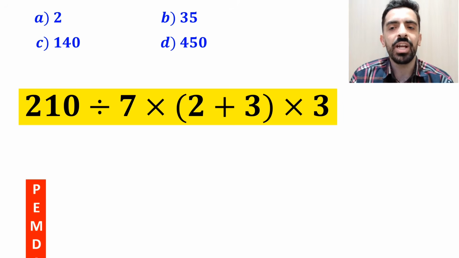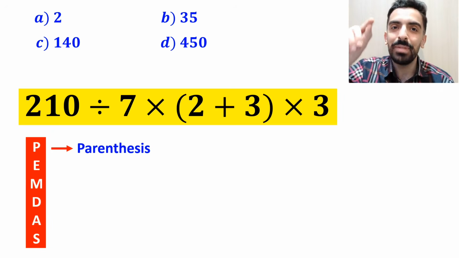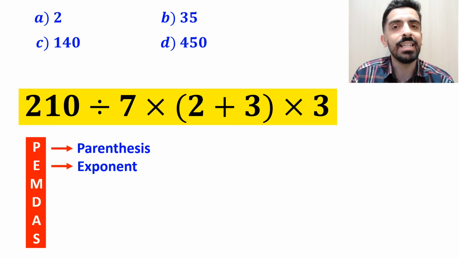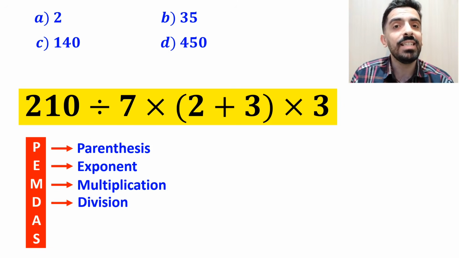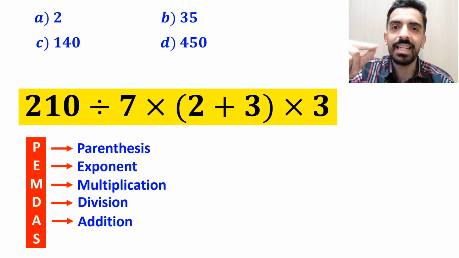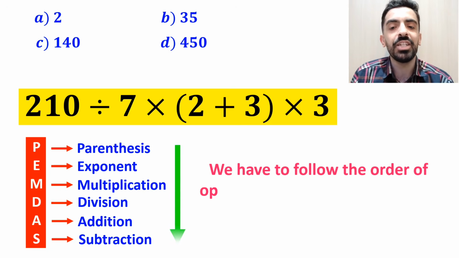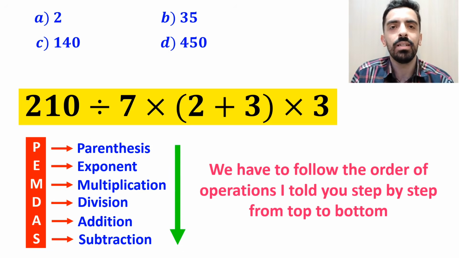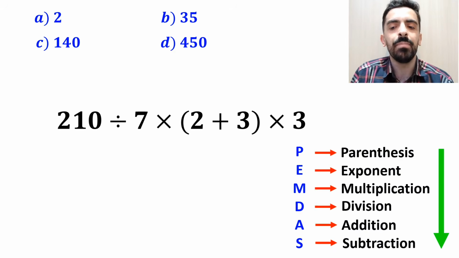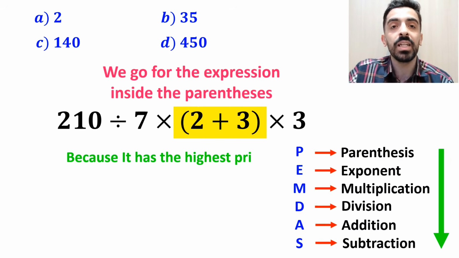To solve this question, we must follow a rule that is called PEMDAS. In this rule, P stands for parentheses, E stands for exponent, M stands for multiplication, D stands for division, A stands for addition, and S stands for subtraction. We have to follow the order of operations I told you, step by step from top to bottom. Okay, in the first step, we go for the expression inside the parentheses because it has the highest priority among